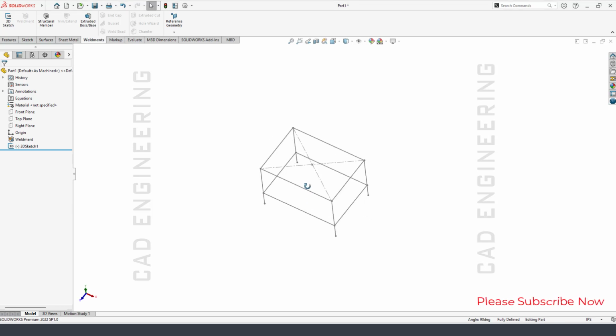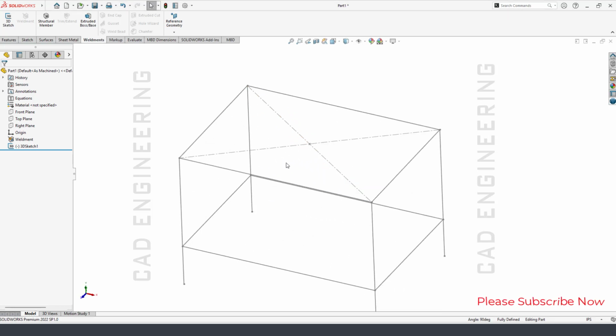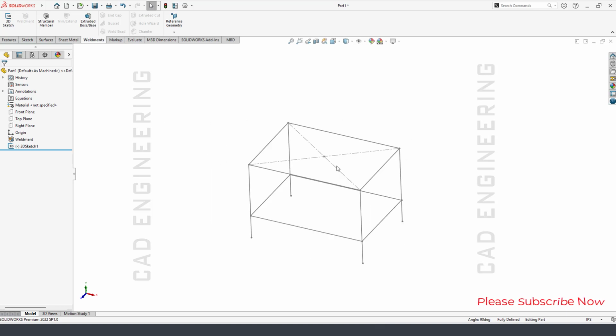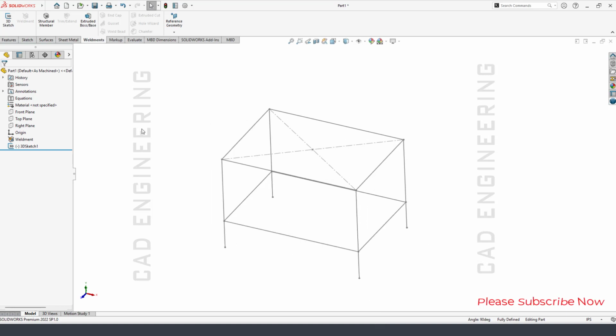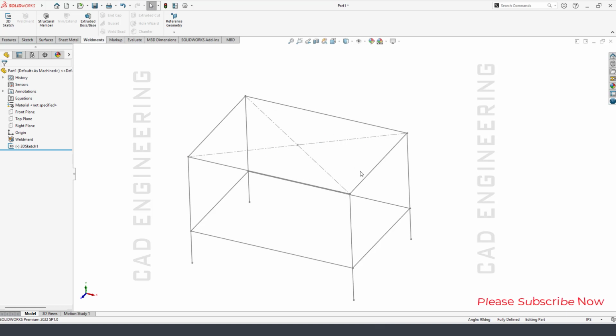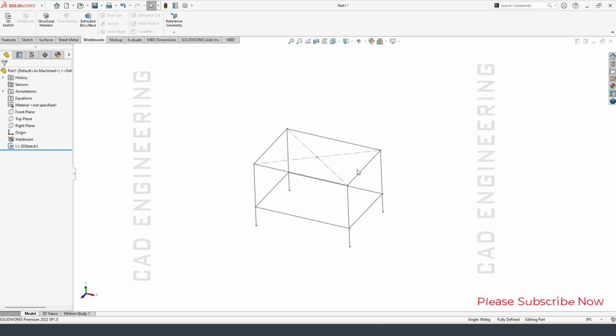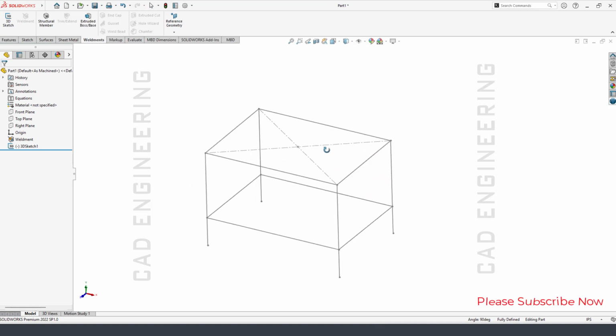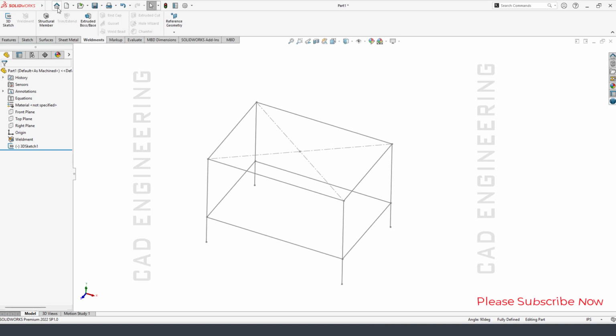Today I would like to explain and create the weldment profile, a custom weldment profile. So let's get started. First, select the new part